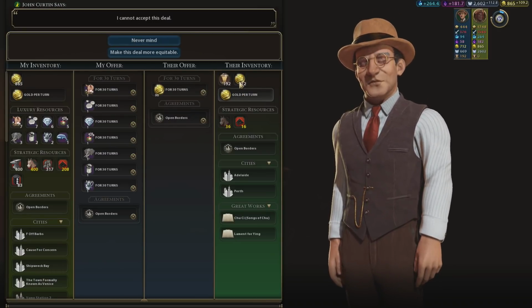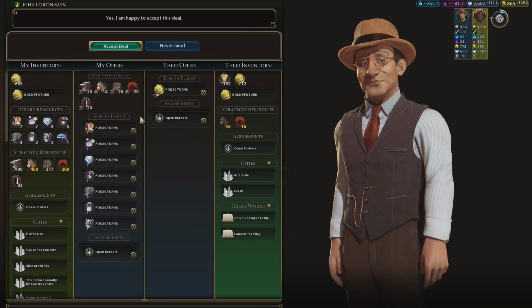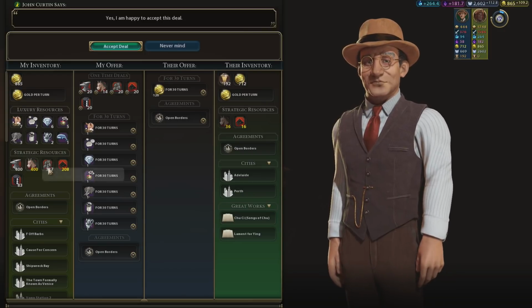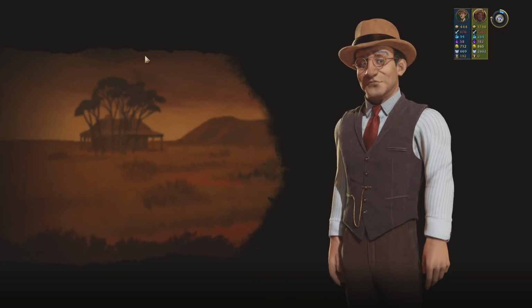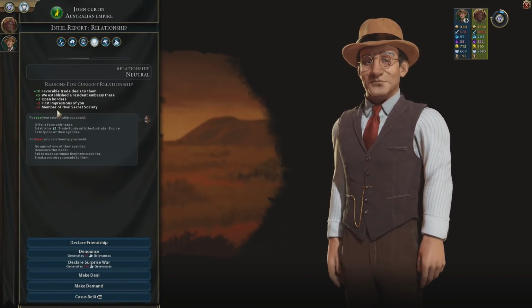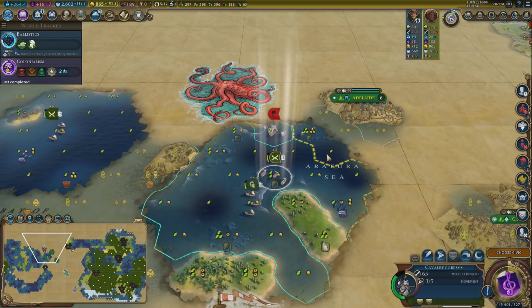Will you give me all your gold? Oh yes, they're going to give me everything. Hang on. I mean, how is this for a how do you do deal? 120 gold per turn for just some luxuries and some strategics that I've got like 200 of. Yes, please. Thank you very much. Right, look at that. We should be friends with them pretty much off the bat, but we'll just keep an